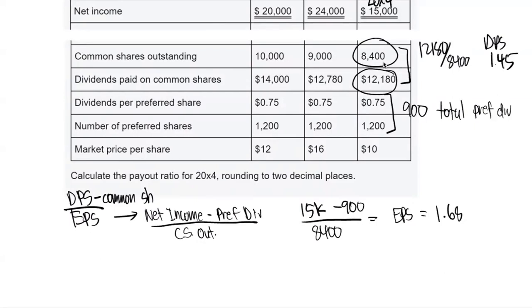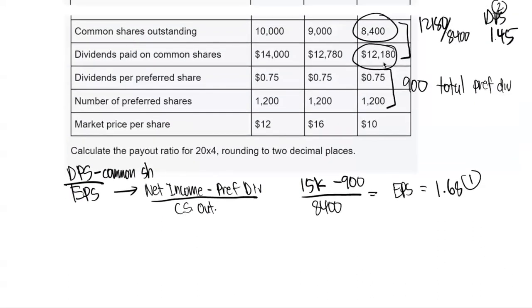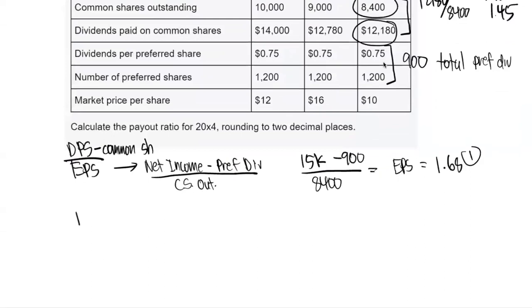1.45. So, ang una natin ginawa, kinuha natin si EPS, that's step 1. At ang pangalawa, kinuha natin si DPS. Now that we know the formula or the amounts for the formula, 1.45 divided by 1.68, our payout ratio would be 0.86. 0.8631 or